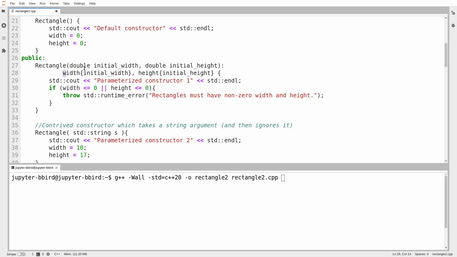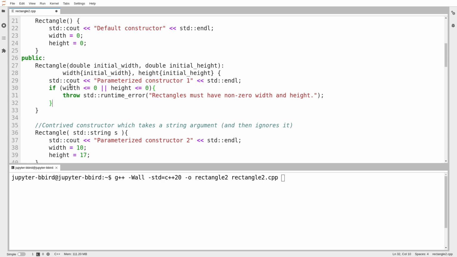And it also uses this syntax to construct the members. So this class contains a member called width and a member called height. And although we are allowed to set them using assignment statements, this is using the syntax to construct the members initially, to actually dictate how they are initialized. It does that by initializing the member width to be the initial width that was provided. It initializes the member height to be the initial height that was provided. And then down here, it asks whether the width and height that it now has is valid, and otherwise it